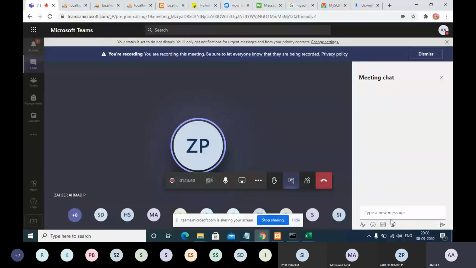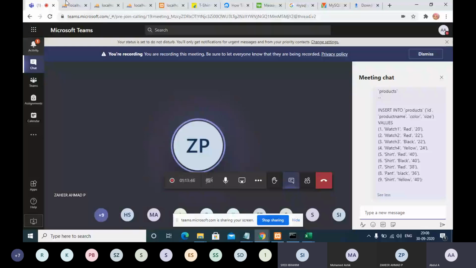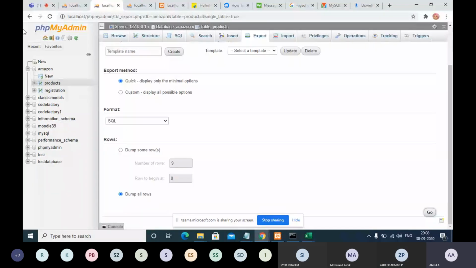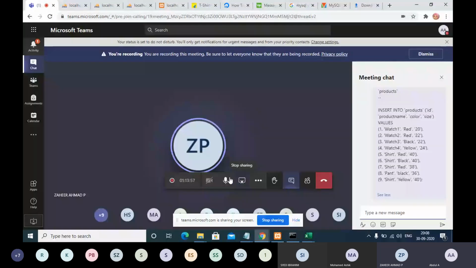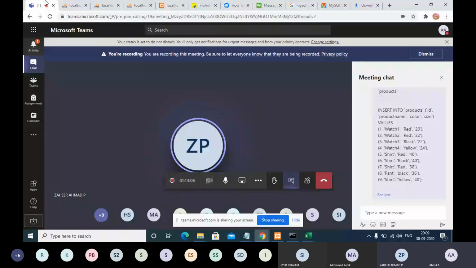Please create a table with the products in your local database, and also please execute many queries, like whatever we have done. Whatever select queries with where condition we have executed, please execute all those queries and do the hands-on. Please become familiar with the select query.